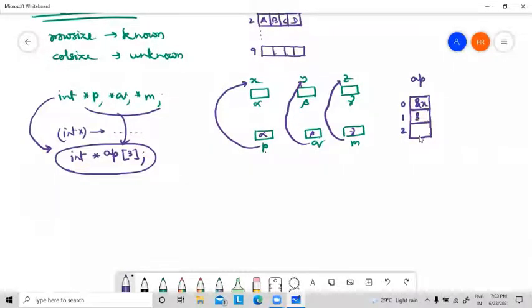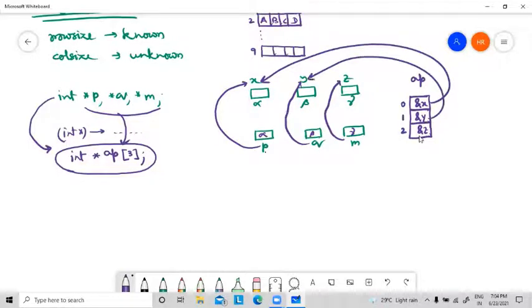This one, ampersand Y, address of Y is stored here. This is ampersand Z. It means this is pointing to this, this is pointing to this, and this is pointing to this. If I want to access X using this array of pointers, then I will write it like this: AP0.